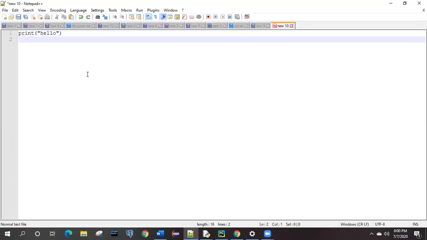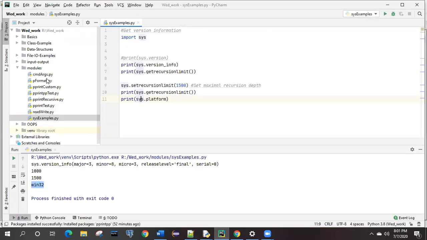So is there any module which is going to do the formatting work for you? For that purpose, we have one module known as pprint. So what does this actually mean, and how can we call it? This is known as the pretty print. It is one of the modules which is going to give you the formatted kind of output. So how does the formatting work? For that purpose I have an example, pprint.